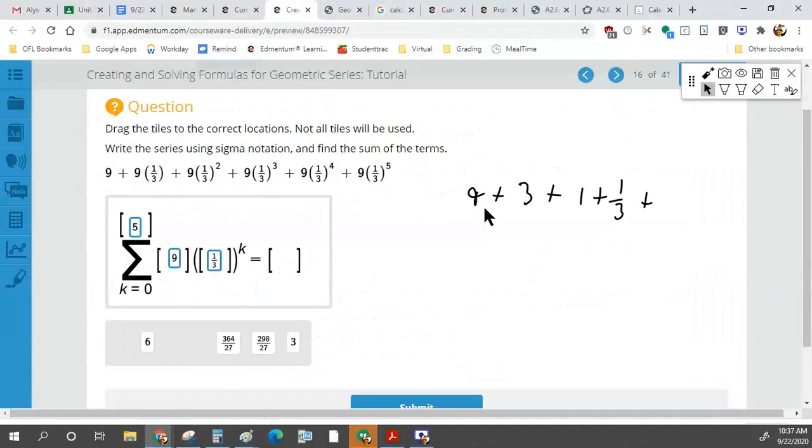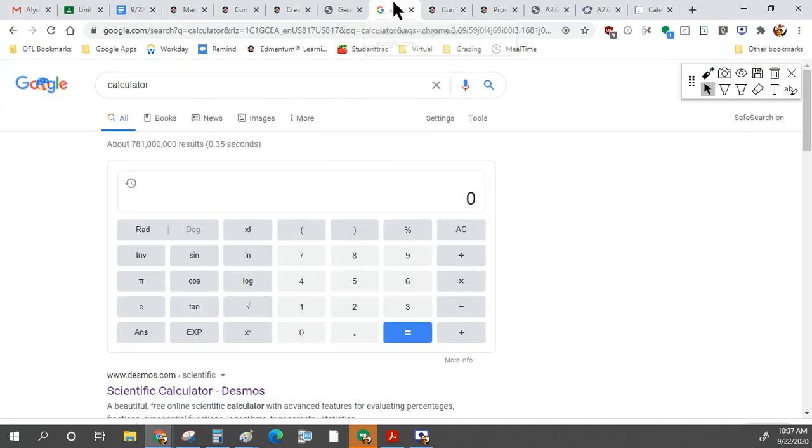All right, so we start off with 9, and we're going to keep going. And we have to add all these together. 1, 2, 3, 4, 5, because we're multiplying by 1/3, plus this. All right, so now we can use ye old Google to make this easier. So we have 9 plus 3 plus 1 plus